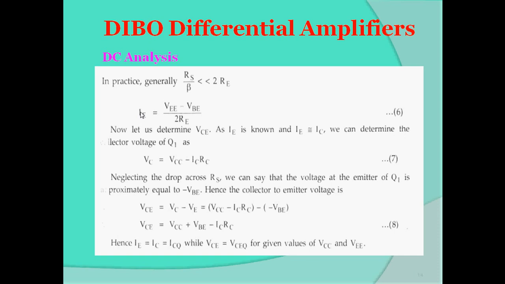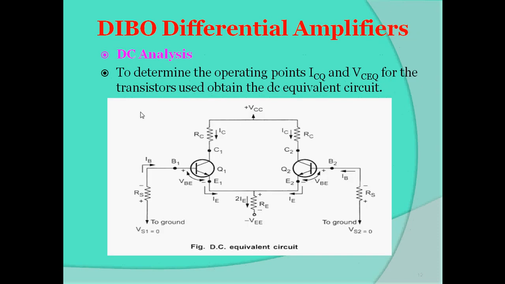So we obtain the voltage at the collector VC. Consider the first transistor Q1. Voltage at the emitter is VE and voltage at the collector is VC. As there is voltage drop VBE, which is positive when looking from the base towards the emitter, the voltage at the emitter point is minus VBE.